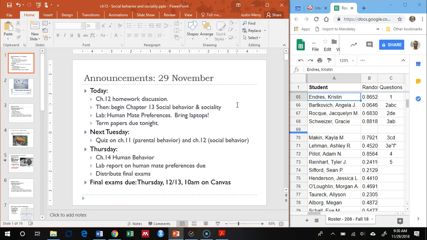We have the rest of the semester, I believe, for the course on this slide. So this is pretty much everything we're doing between now and the end. Today the plan is we're going to start by finishing off talking Chapter 12 homework, and then we will launch into Chapter 13 slides. I did post those, and everybody's been printing them madly this morning, so that's good. So we'll be ready to talk about those.